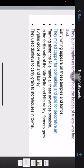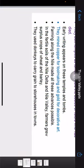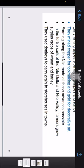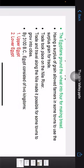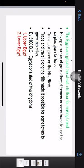In the fertile soils of the Nile Delta and the Nile Valley, farmers grew surplus crops of wheat and barley. They used donkeys to carry grain to the storehouses in towns. The Egyptians ground the wheat into flour for making bread. Having a surplus of grain allowed farmers in some towns to use the surplus grain for trade. Trade took place on the Nile River, and trade and travel along